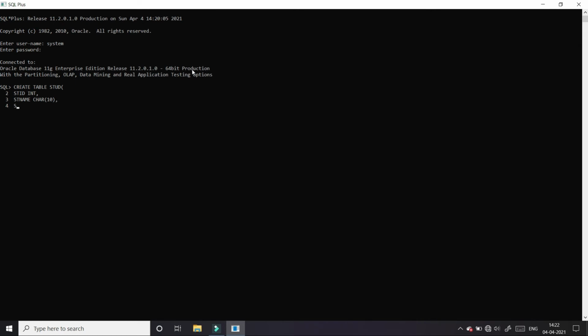Then I am taking another column as student fee, whose data type is number with size 6, 2. This is the last column, so we need not put a comma after that. Then close the parenthesis and put a semicolon.